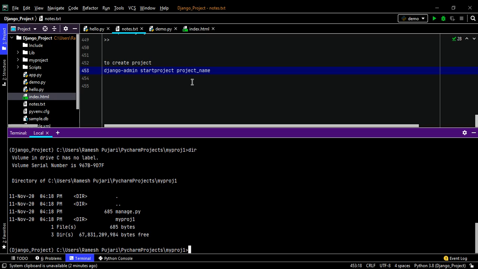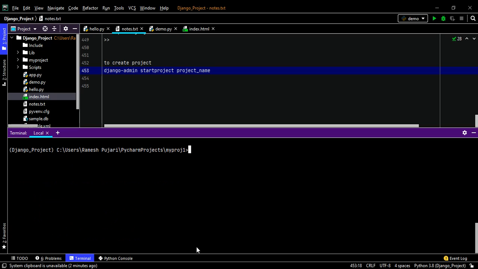So the command is, before creating, you have to locate the project directory, meaning you have to switch to the project directory. Then we have to run the command to create the app. I will show you, I'll write the commands here. This command is to create the project. After creating the project, you have to move into your project, with cd and the project name.